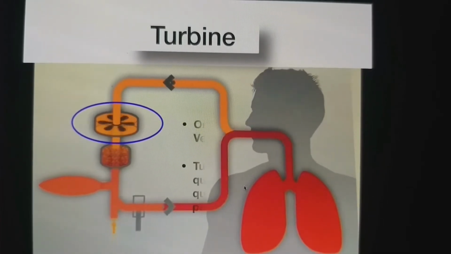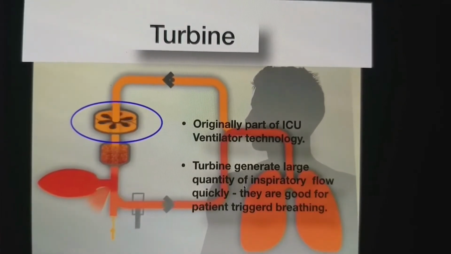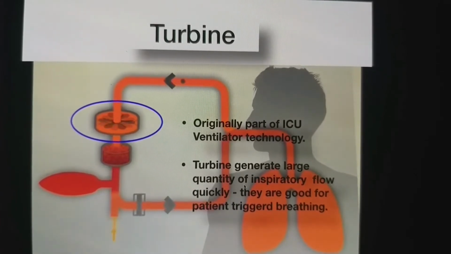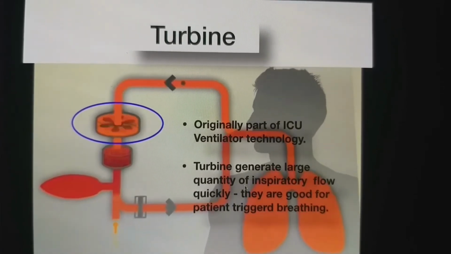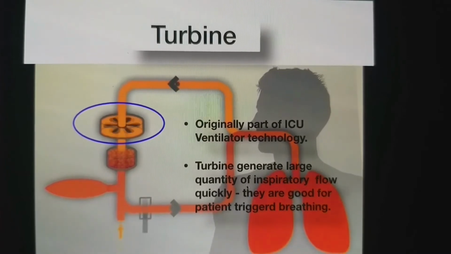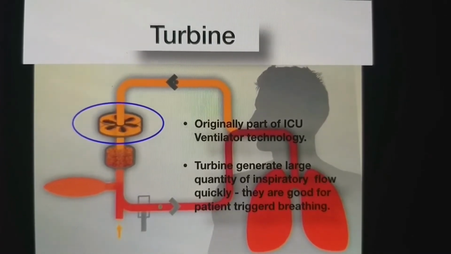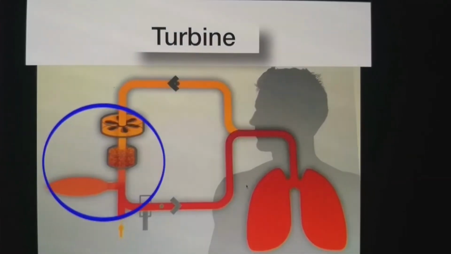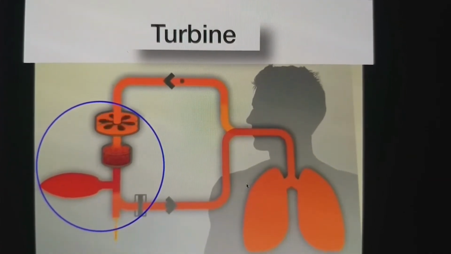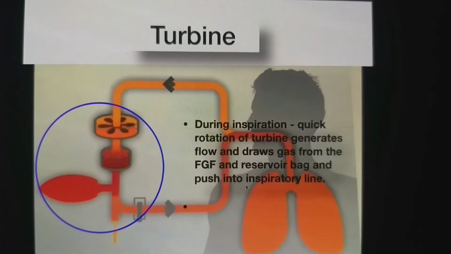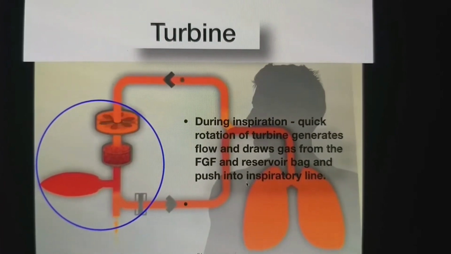So it is part of an ICU ventilator technology. It generates a large quantity of flow. It is just a fan which is rotating, which creates flow. So they are good for patient-triggered breathing. So when patient-triggered breathing is needed in spontaneous breathing patients, pediatric patients, it quickly